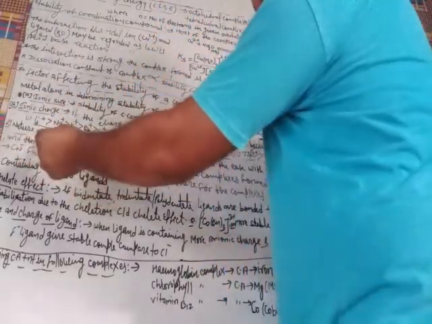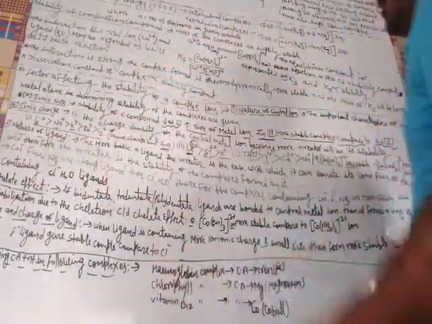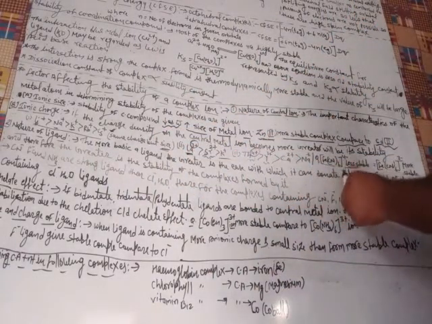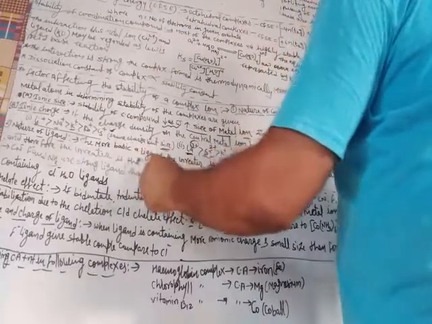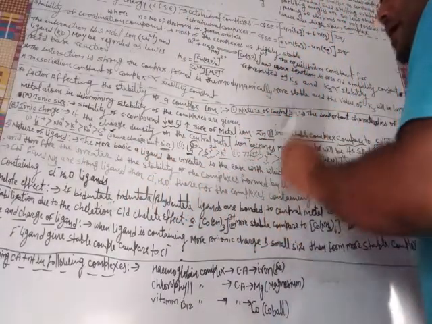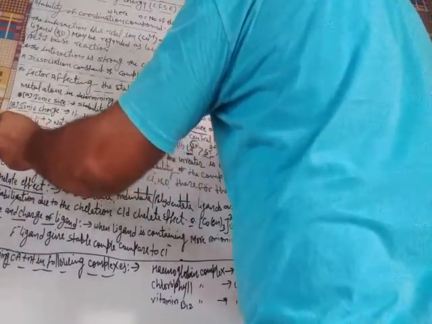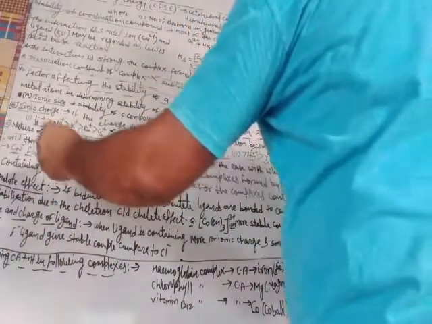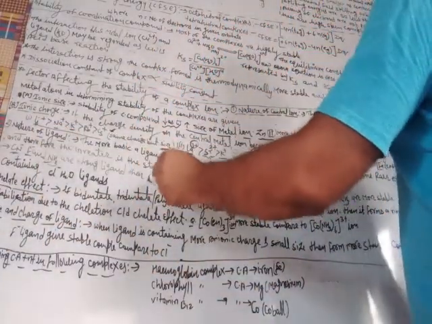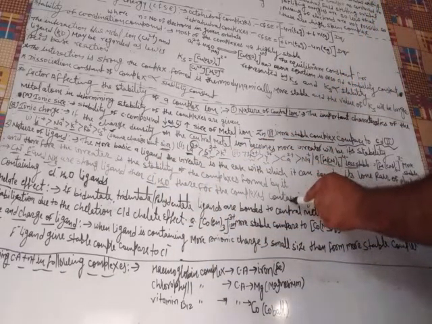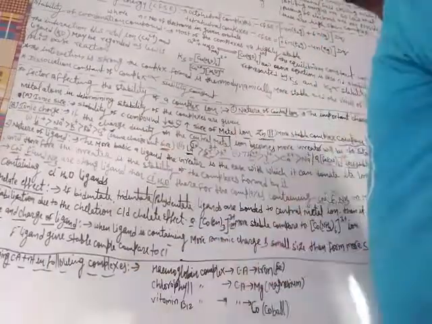Next, nature of ligand: the more basic the ligand, the greater the ease with which it can donate its lone pair of electrons, and therefore the greater the stability of the complexes formed by it. For example, CN-, F- and NH3 are strong ligands compared to Cl- and H2O. The complexes containing CN-, F- and NH3 are more stable compared to those with Cl- and H2O ligands.